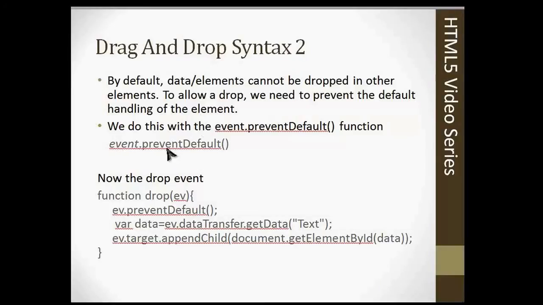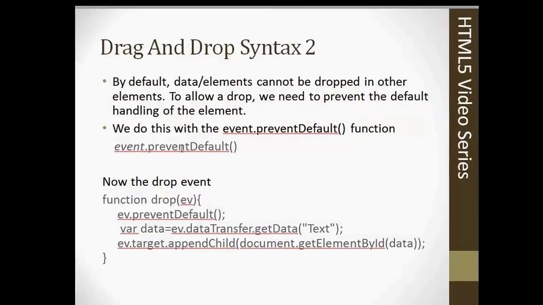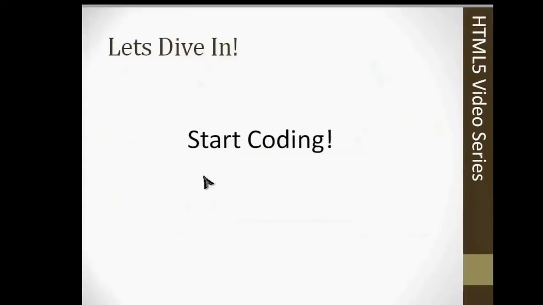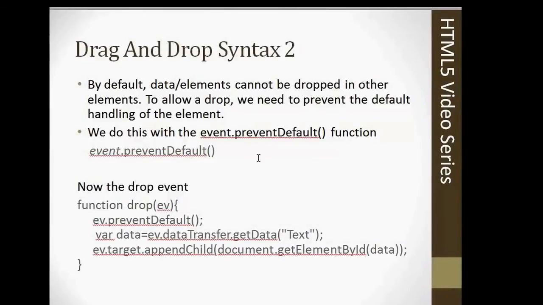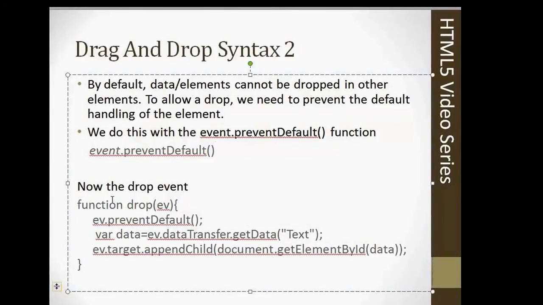event.preventDefault. Now, what this does is, by default, data cannot be dropped into other elements. To allow it to drop, we need to prevent the default handling of the element. So that's all we're doing right here, just preventing the default action. And the last thing we have here for our simple drag and drop script is the drop